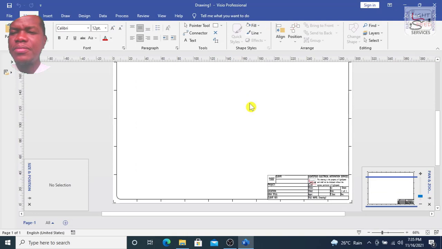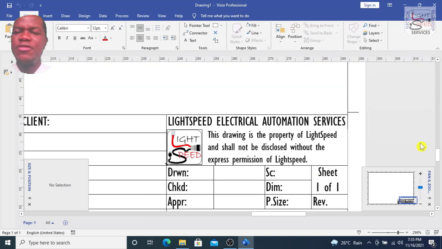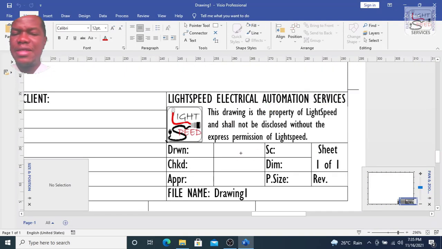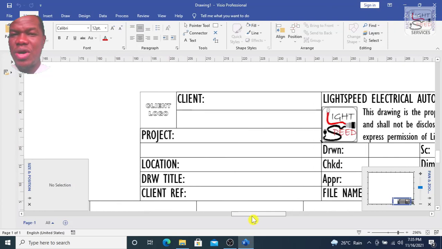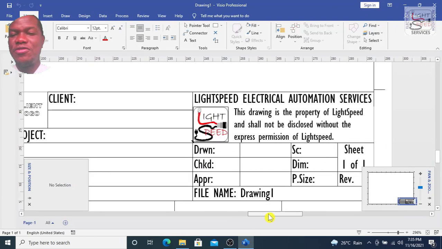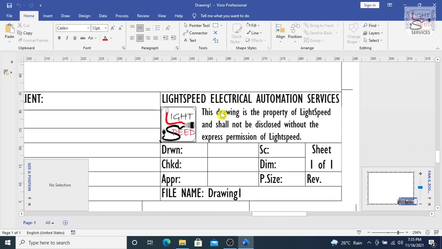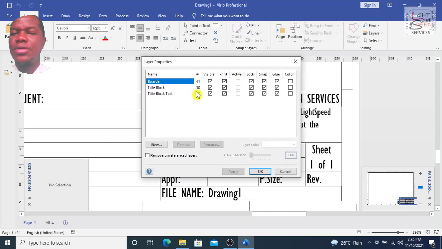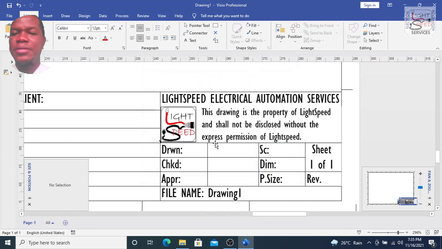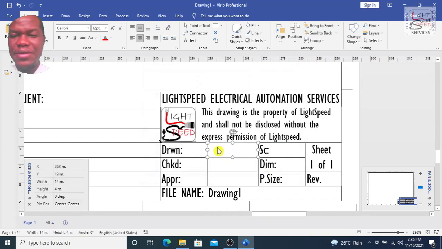If you see the title of the drawing, it says drawing 1, so it's simply going to use it as a background. But to input the drawing information now, remember these layers are locked, so you need to go and unlock them. You see the drawing 1, the file name is automatic. If you save the file now, the new file name will appear here. We need to unlock the layer so that we can edit the properties. So title block text, unlock. So now you can write inside.